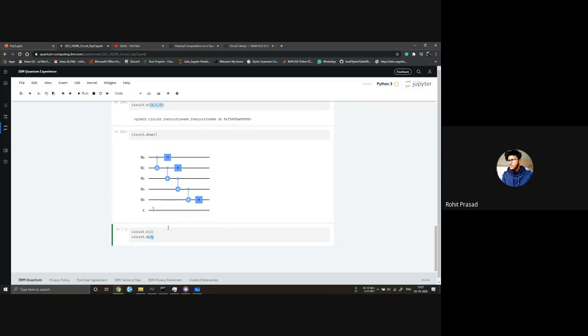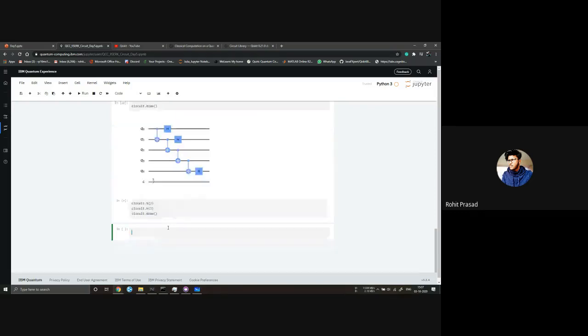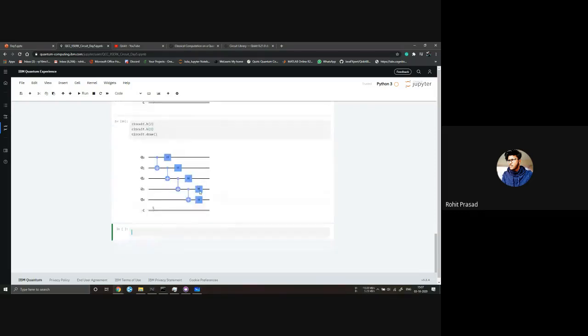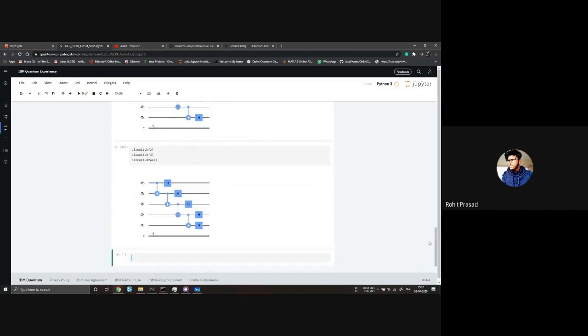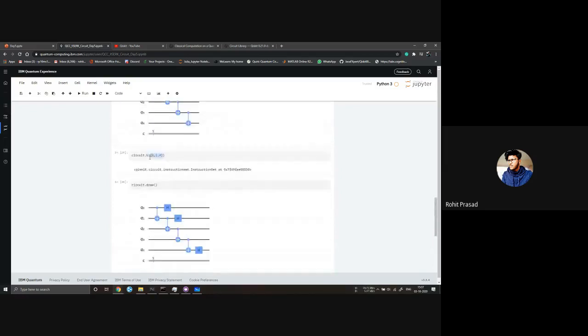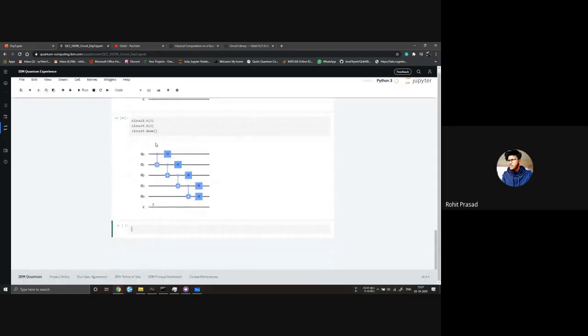This will work as well, but if I want to put it on all the four, why won't I use the array way, right? So this is one way to write this. Another way to write this is to use circuit dot